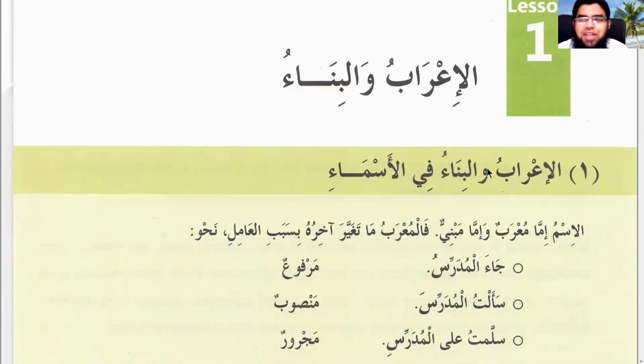This is the first lesson, so it's a little long, and it'll look like we're learning book 3 for the first time. Arabic for the first time. No, we'll do one page at least. So, al-i'rab wal-bina, for 15-20 minutes. Because something we should start. Bismillah. Al-i'rab wal-bina fil asma.